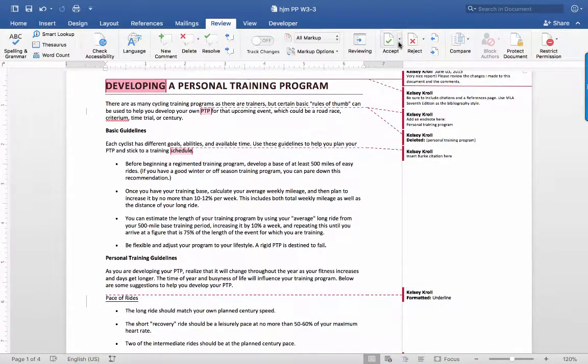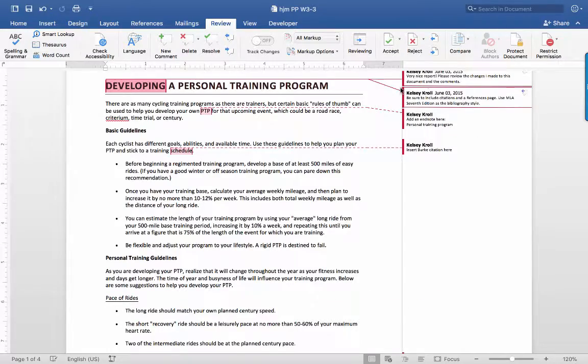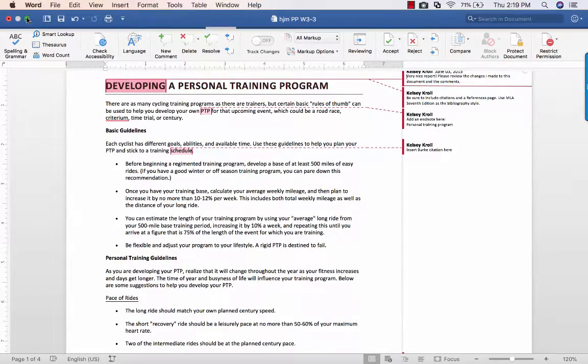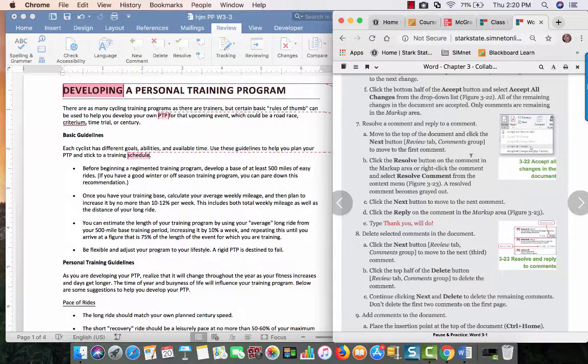This is taking action, accepting or rejecting. This is just moving through it. I'm going to come down here and I'm just going to say accept all changes. All right. So my changes are all accepted. So that's good. And so now we have our changes, but now we have comments that we have to deal with. So that's this